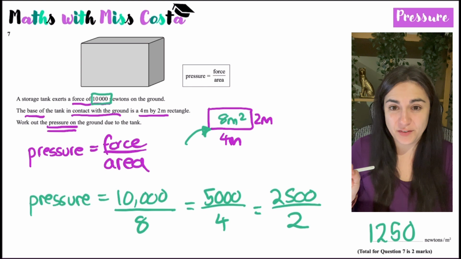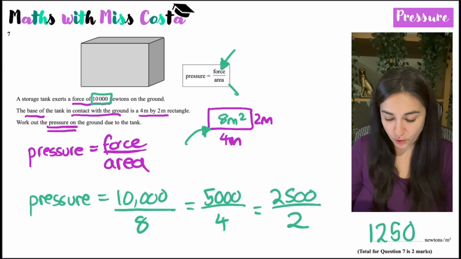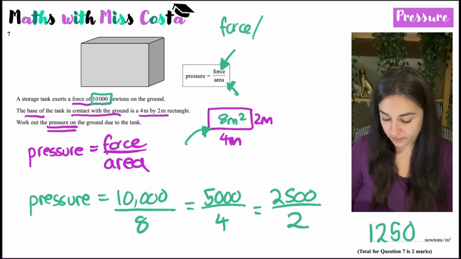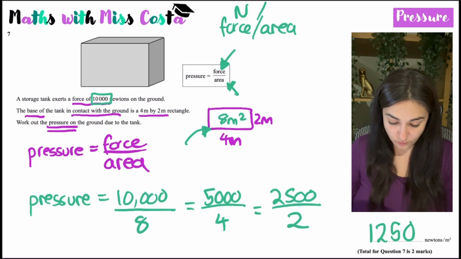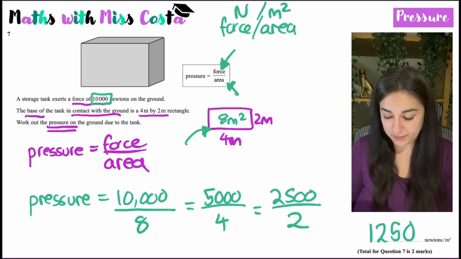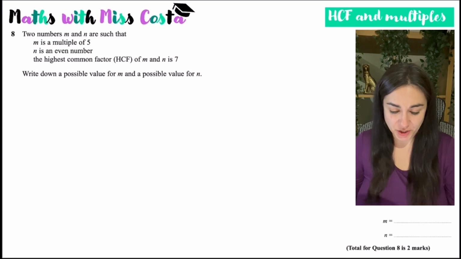Now, if they didn't give you the units, the way to figure it out, you know that pressure is force over area, therefore the units have to be force over area. The force, you were told, is newtons, and area, well, you're working with meters, so you know it's going to be meters squared. Okay, so in this question, I'm being told that two numbers, m and n, are such that